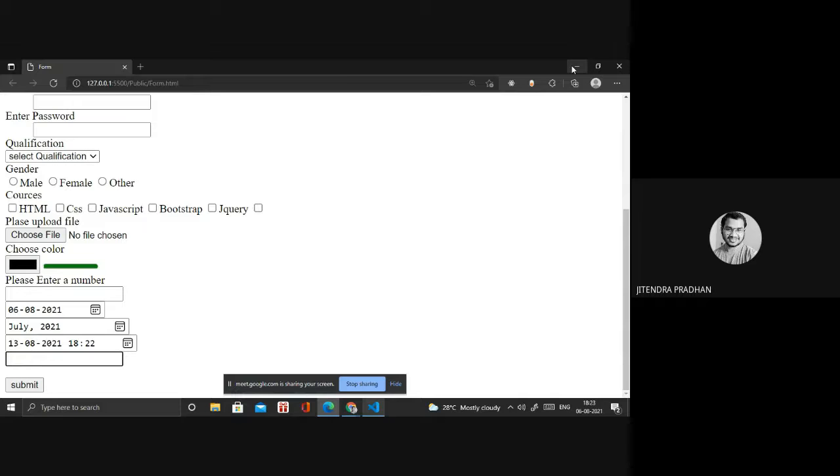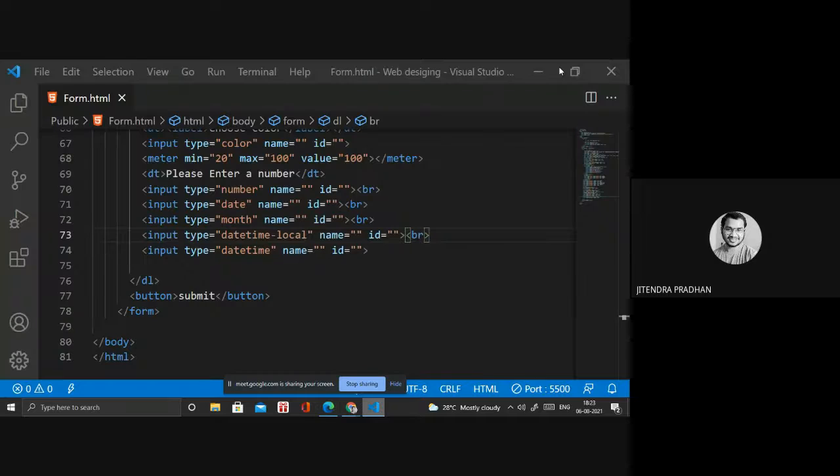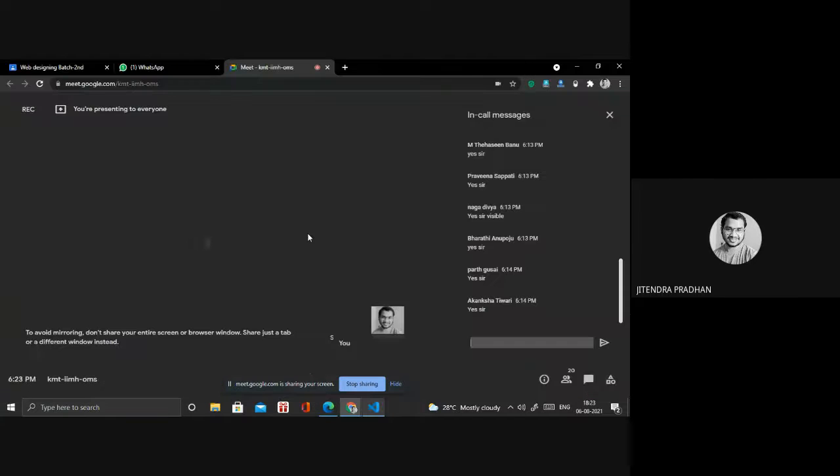Okay, so I will show you how regular expression works at the basic level. Then I will show you in pattern form how it works. In JavaScript, I will give you a login button with user and password.